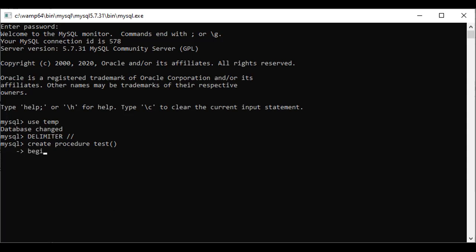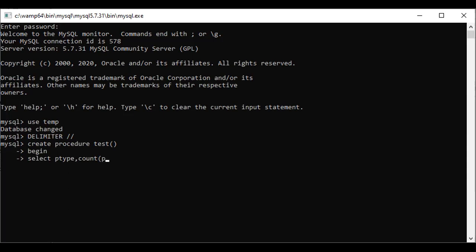Now the keyword begin. Here, whatever SQL statement we are going to declare for this test procedure, write that SQL statement. So here we select PType, comma, we are going to apply the count function to find out the number of hardware products and number of software products.